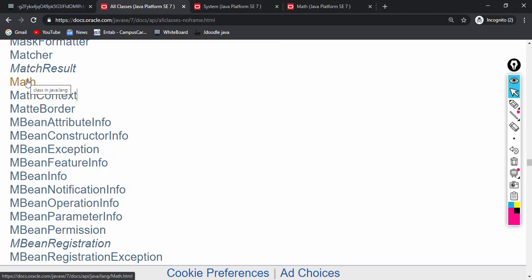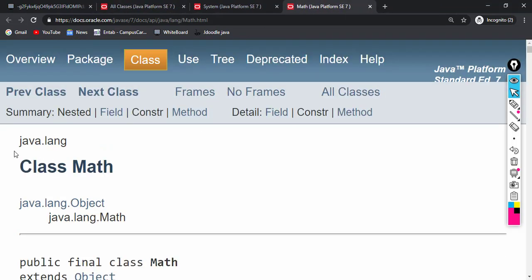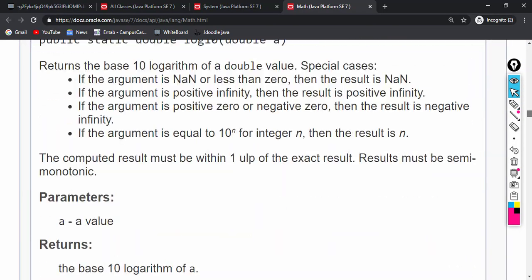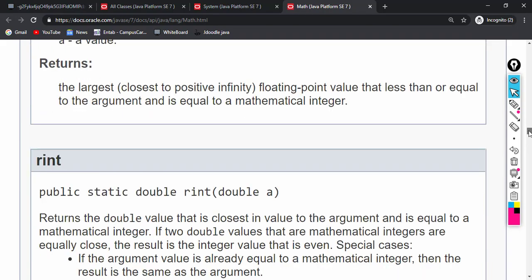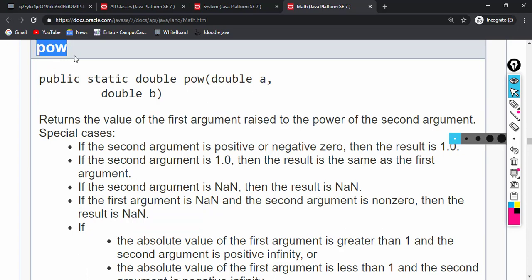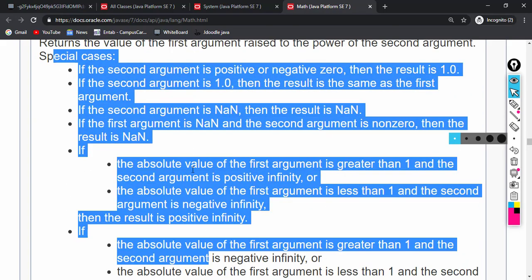Now when I open this link, you will be able to see the detail of the Math class, and this detail in itself is huge. You will be able to see all the functions like pow. It shows you how many parameters it needs, what is the return type, whether it is static or not. Then a complete description is there.